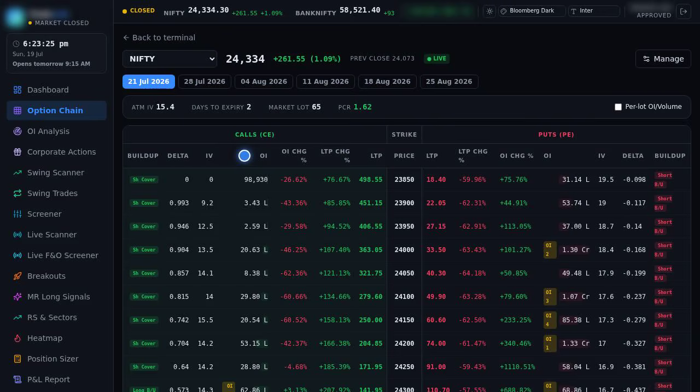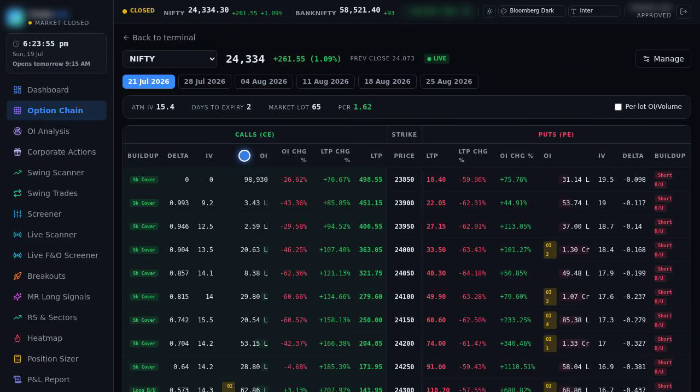A large open interest at a strike means a large amount of money is parked at that level, and that turns the strike into something like a wall. Heavy call open interest sitting above the current price tends to act as resistance, a ceiling the market struggles to break through, because the big call sellers there will defend it. Heavy put open interest sitting below the current price tends to act as support, a floor, because the put sellers there want that level to hold.